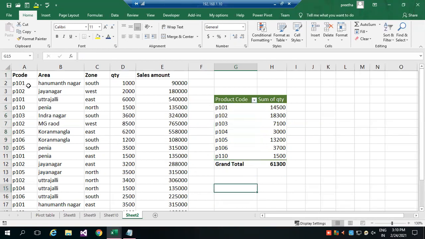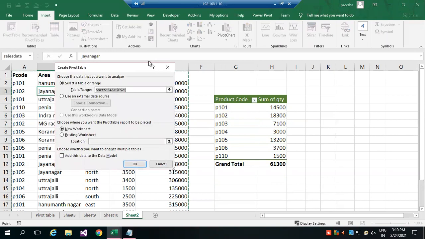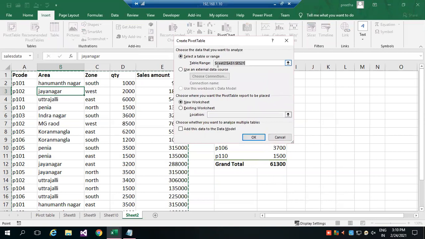Okay. Now I place the cursor again in the table range. Next, insert pivot table. It will automatically select your range and show it. Next, you choose whether to prepare the report in a new sheet or an existing sheet. Already we tried the existing sheet.